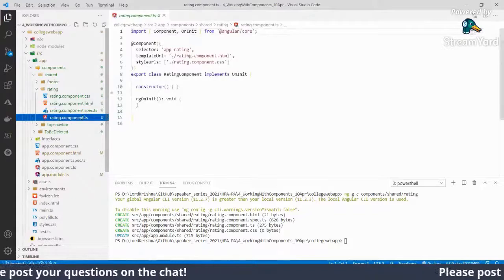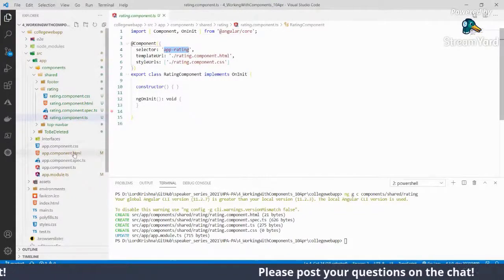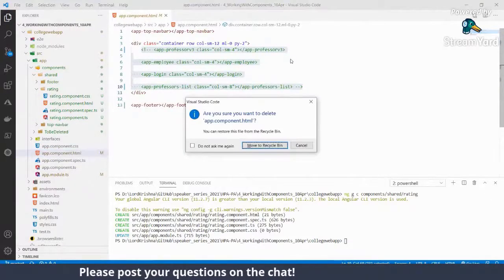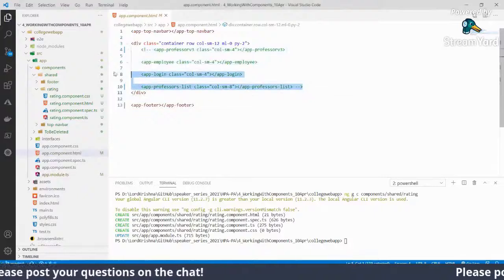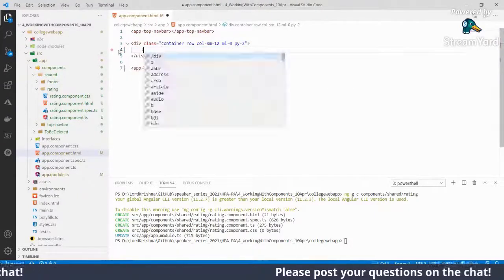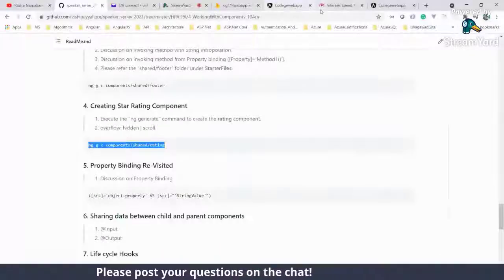The selector of the rating is this one. Let's copy that, and let me remove all this code which we are not using, and use this rating component.